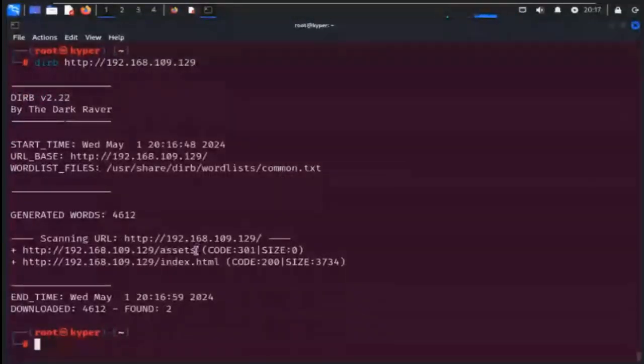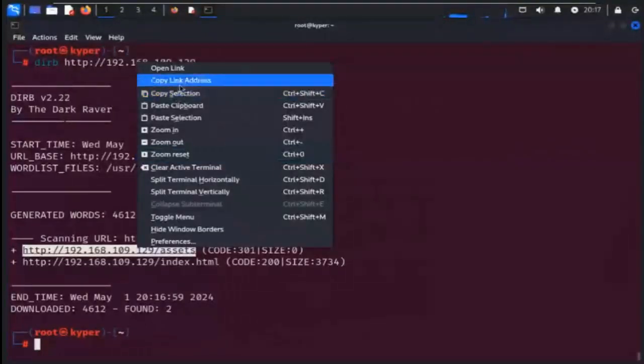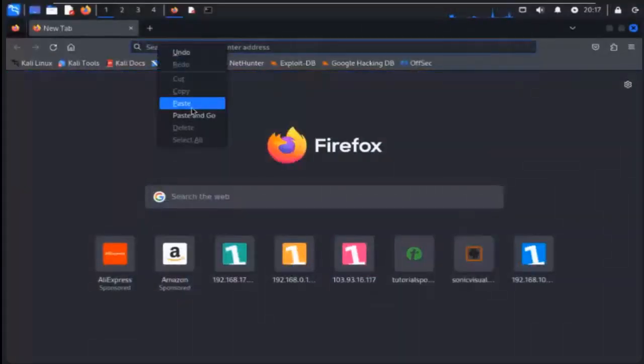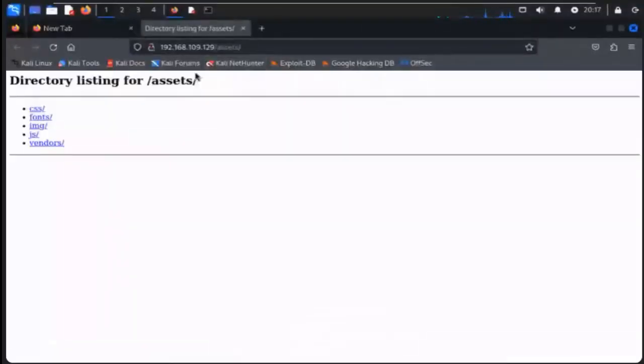So it gives us two links of the victim's content, so we can see them here. Basically we will open the link, copy the section and open it here. So we directly come over to the